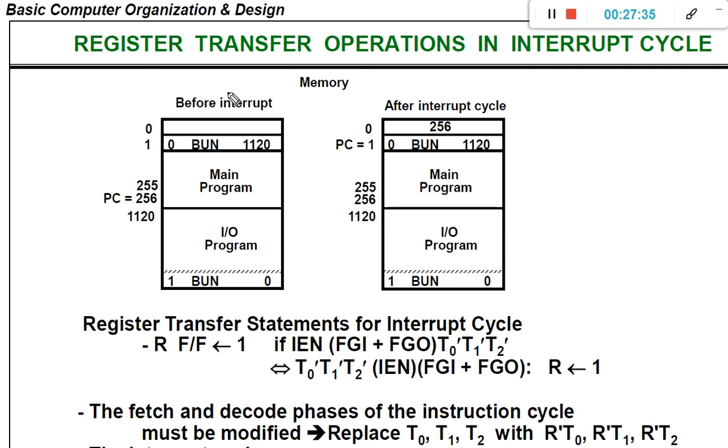See how it happens. Before the interrupt signal, assume that the current instruction being executed is 255. So what does it mean? The program counter always contains the address of the next instruction. The address of the next instruction is 256. Actually, it needs to execute instruction 256. However, before executing instruction 256, assume that an interrupt signal has occurred. That is, the R value is set to 1.